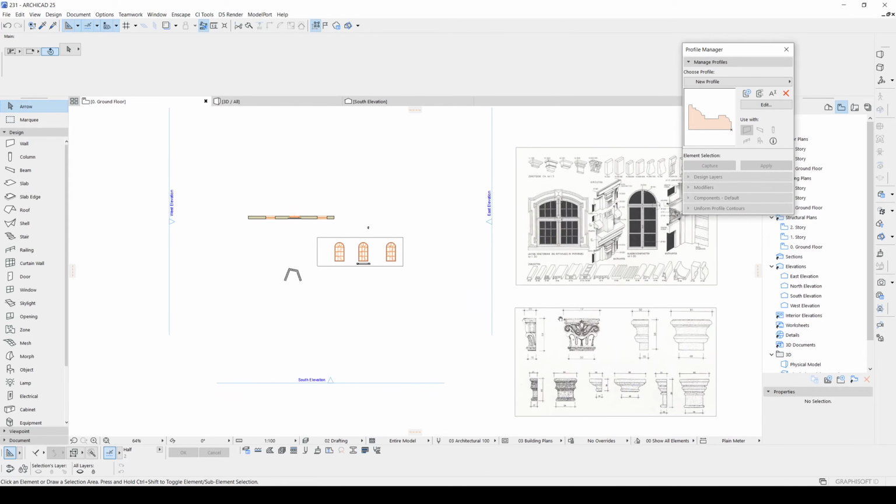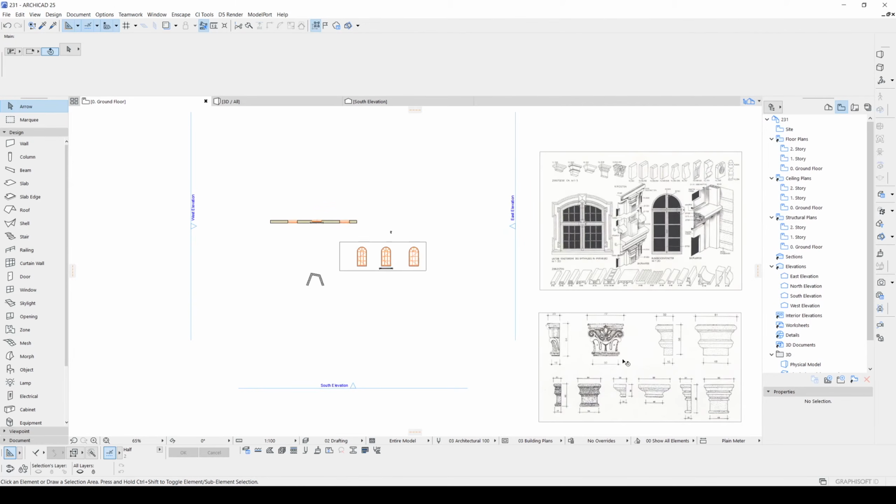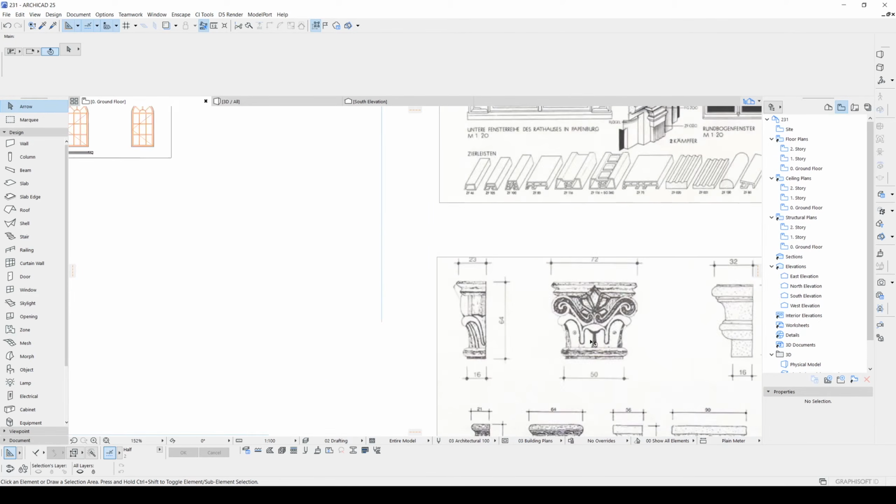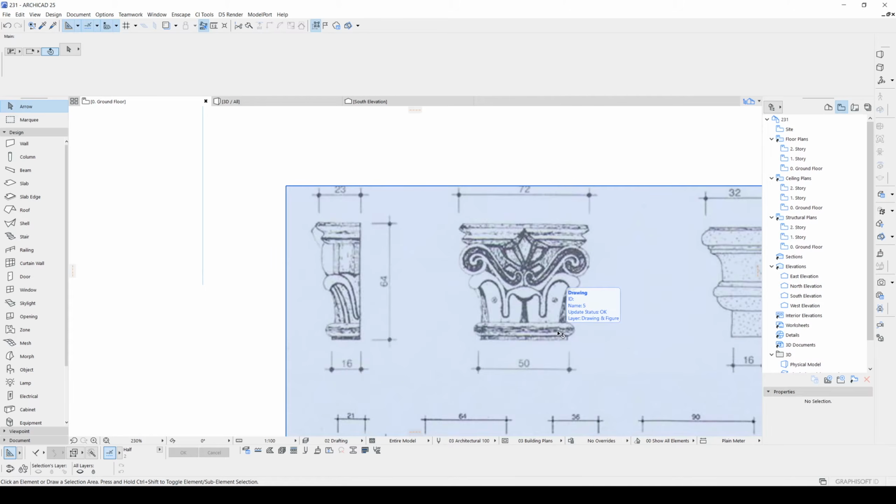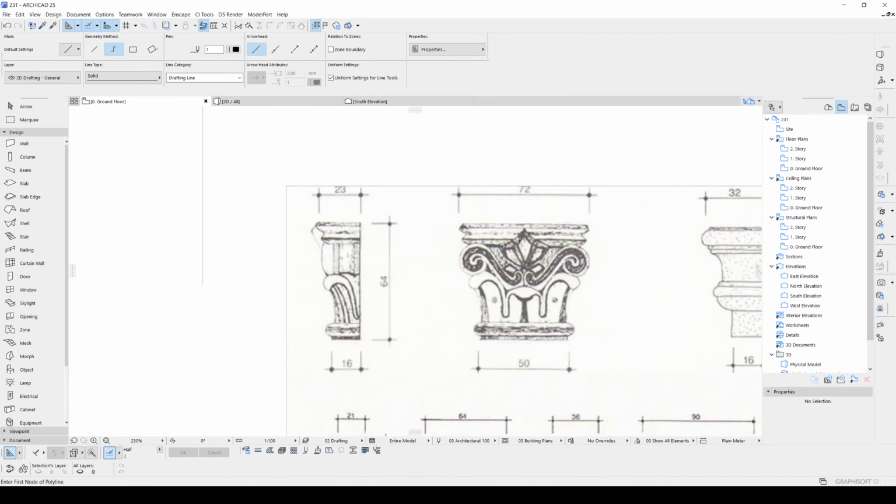We have imported our reference image and we are going to sketch over it. Actually, we can make this very detailed, or we can make this roughly. For this tutorial, I will make this roughly. If you like the tutorial and want to see how we can model this in detail, I will create another tutorial for that. Let's click Line tool and start sketching.